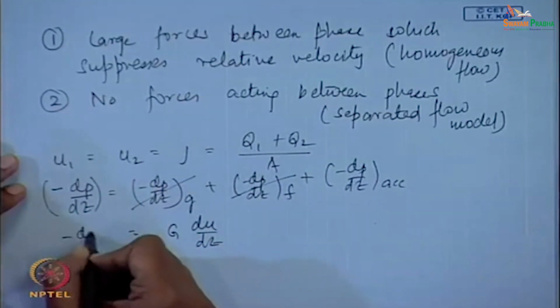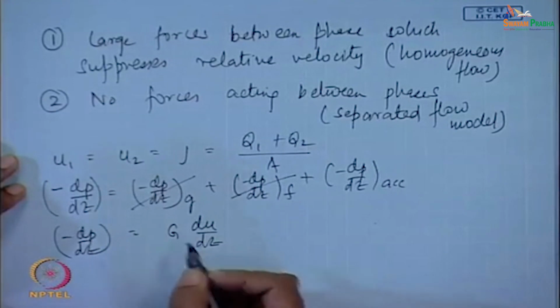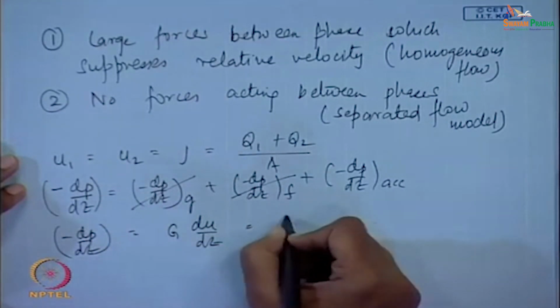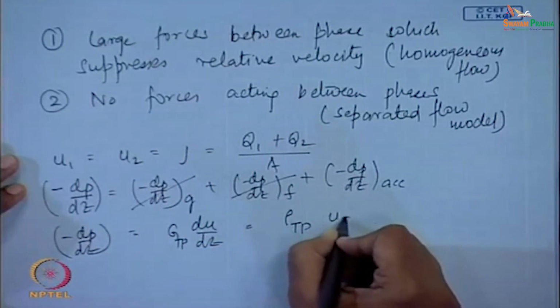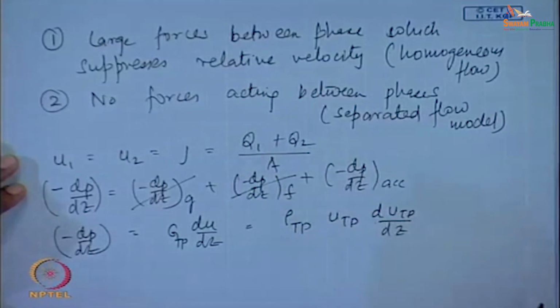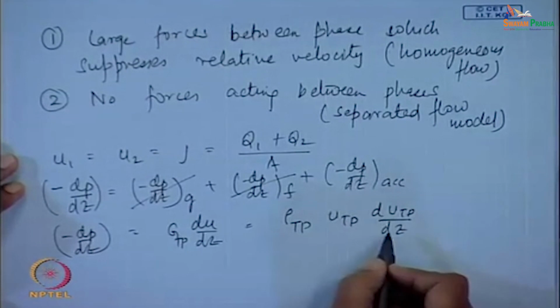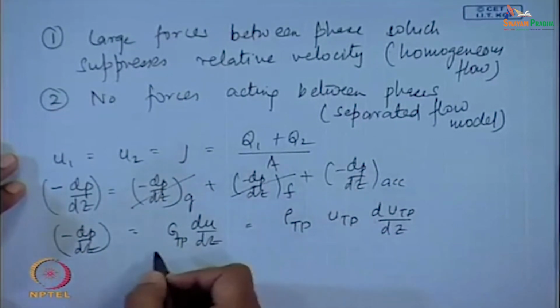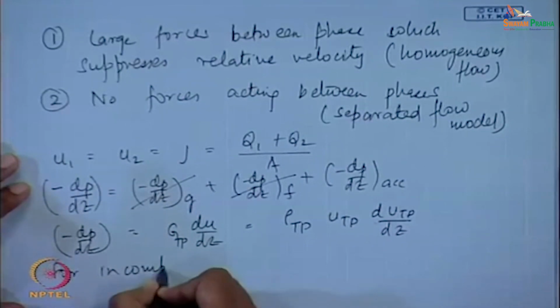Okay, this was equal to minus dP/dz in this particular case. Or in other words, this G was nothing but equal to rho_TP U_TP dU_TP/dz. Yes or no? Agreed. So in this particular case we found that, since the densities are more or less